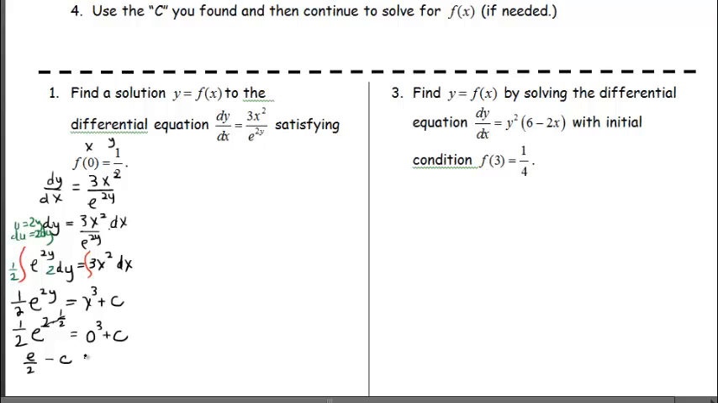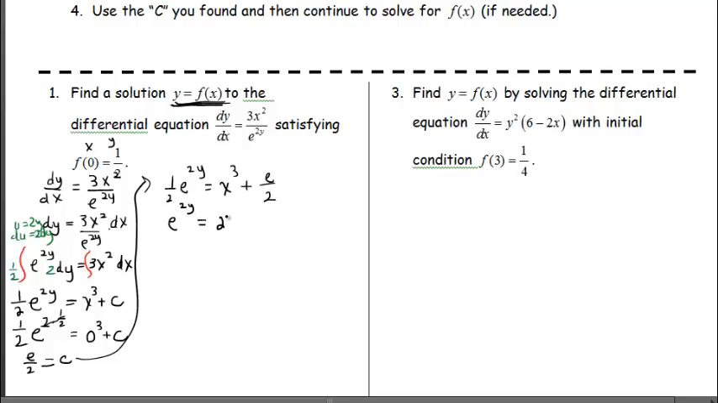All right, so let's see if I can go back and find out where I was. I'm going to pull this back up here. So the equation was 1/2 e to the 2y equals x cubed plus e over 2. All right, notice the directions say for us to find a solution that is solved for y. If it had just said find a solution, I'd be done. But it wants it in the y equals format. So let's multiply both sides by 2,